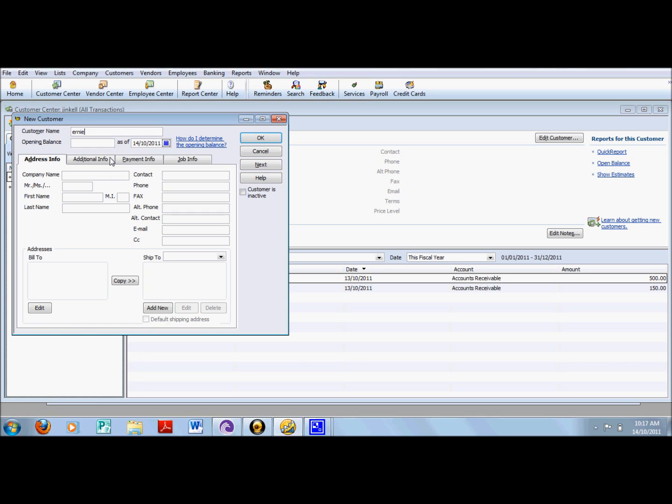Ignore the Opening Balance As Of text boxes. Although the usual rule is that you don't want to set an opening balance for a customer, this rule has an important exemption. You record your accounts receivable balance on the conversion date by setting an opening balance for each customer as of the conversion date. In the text boxes of the Address Info tab, enter the company name, for example, Edge Apparel.